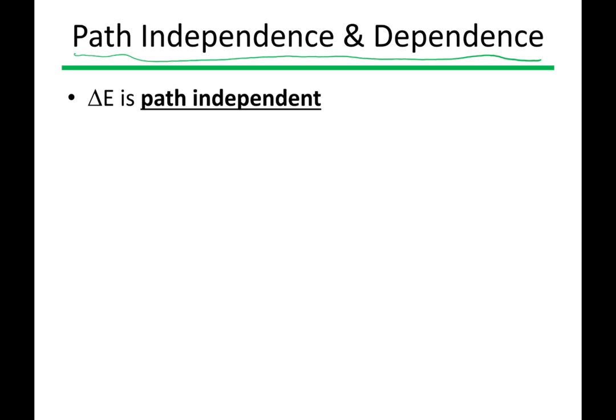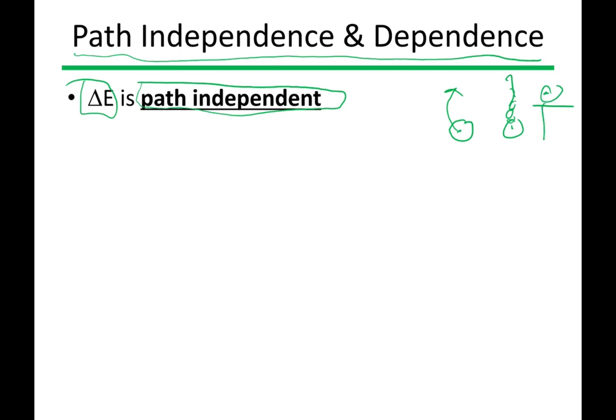The last thing we'll talk about in this video is the idea of path independence and dependence and how these relate to work, heat, and internal energy. So delta E is what is called path independent. So if we're talking about the change in energy of a system, this value of delta E doesn't matter how we got there. So in other words, when we're talking about the weightlifter, if our weight was the system and we had someone lift it up, or we raised it with a chain, or we raised it with a piston, it doesn't matter how we did it.